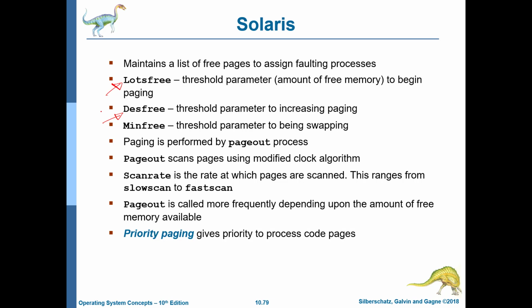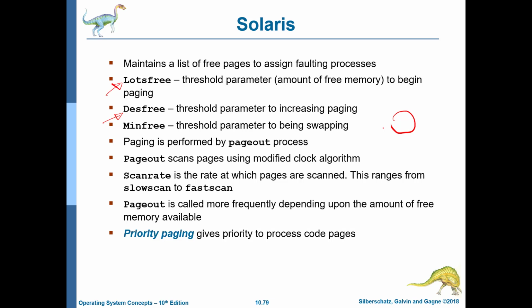There is a separate page out process that uses a modified version of the second chance algorithm. It's also called a clock algorithm because we essentially scan through all the pages and then scan through once again. And of course, we can scan them at different rates when we are particularly looking at page reclamation. So in general, there are many parameters associated with this process of paging and page reclamation, and most of them have to be set with fairly detailed simulation studies.